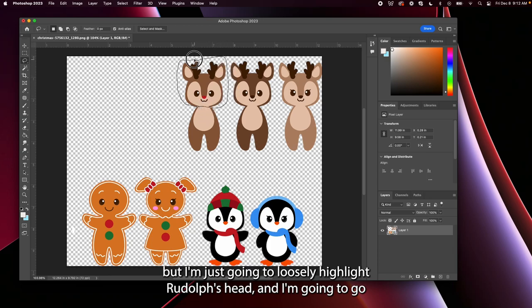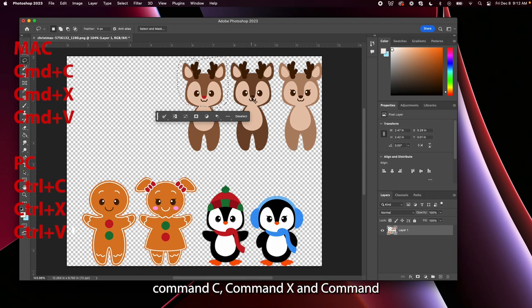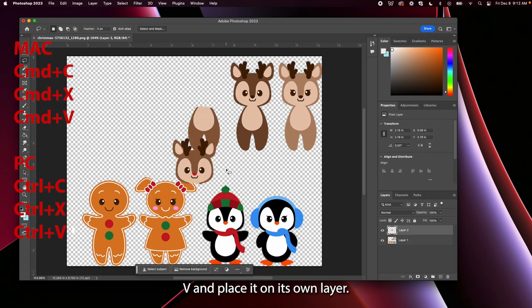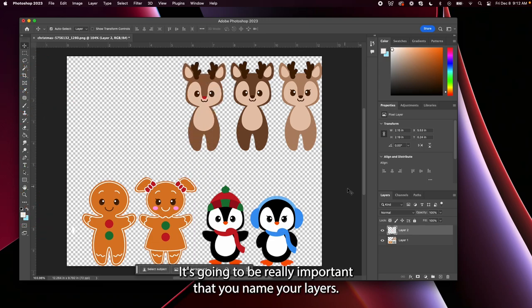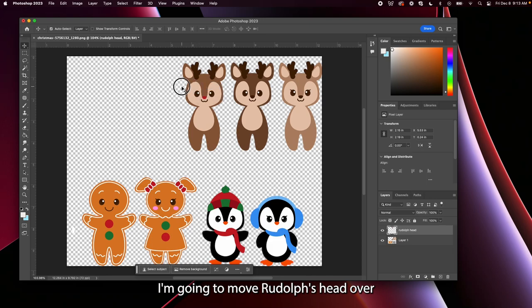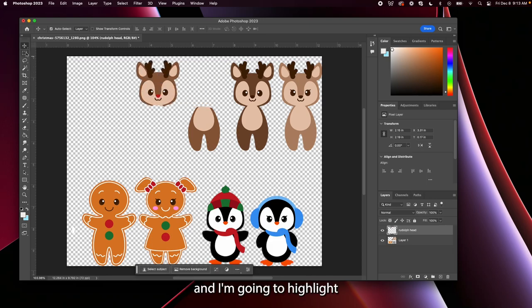highlight Rudolph's head, and I'm going to go Command C, Command X, and Command V and place it on its own layer. It's going to be really important that you name your layers, so I'm going to double click and I'll say Rudolph head. Okay, great. I'm going to move Rudolph's head over and I'm going to highlight on the bottom layer Rudolph's